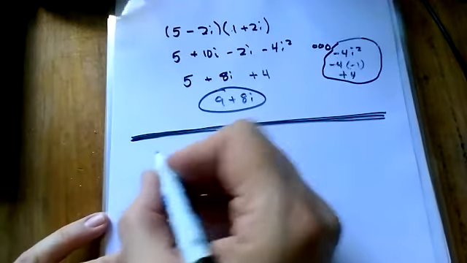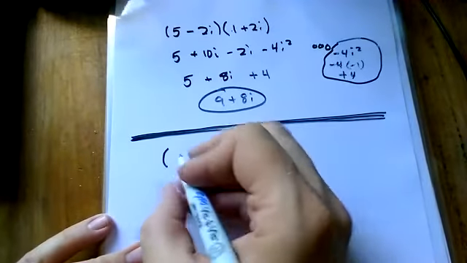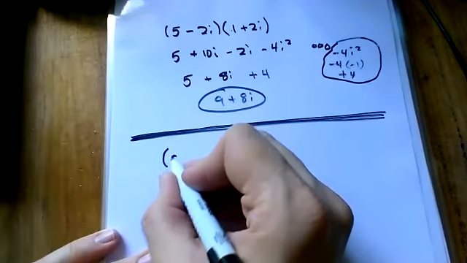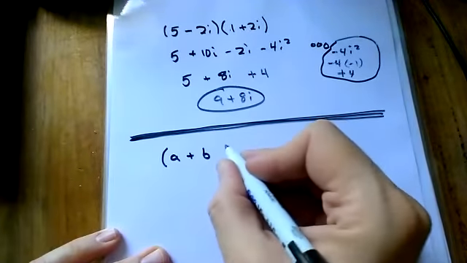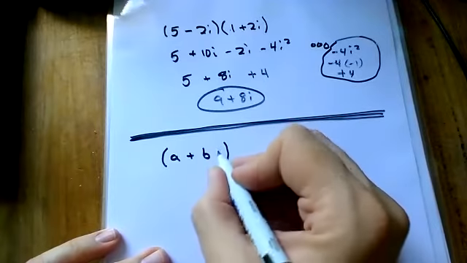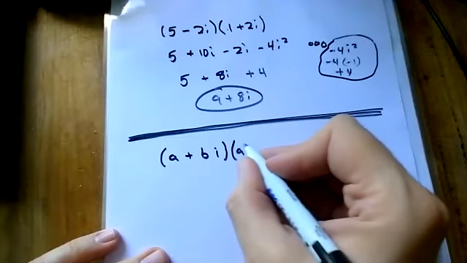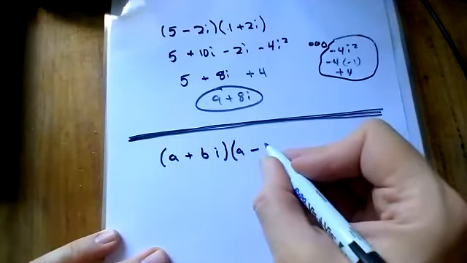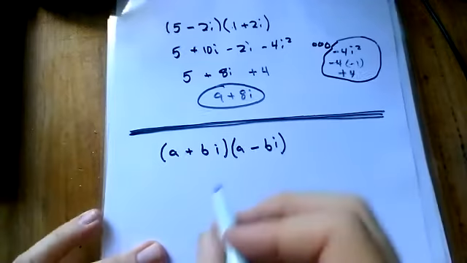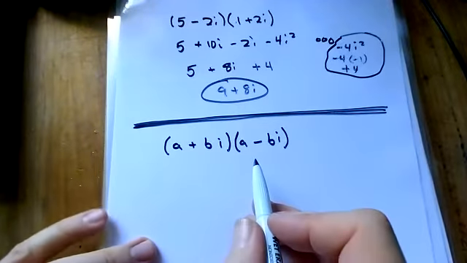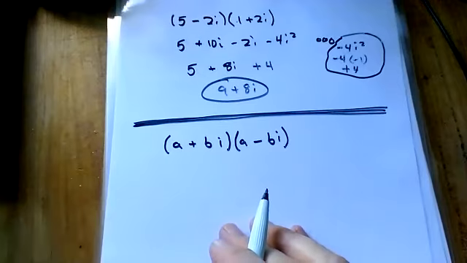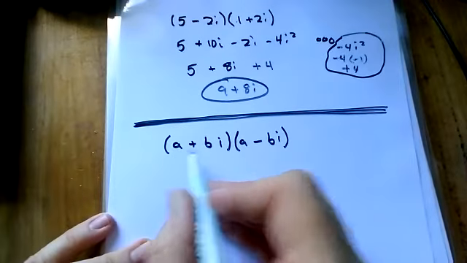Remember what happens when we multiply together conjugates? So if I have a plus b times a minus b, well, let's see what happens when I do that with complex conjugates. So if I take any complex number and multiply that by its conjugate, so a plus bi times